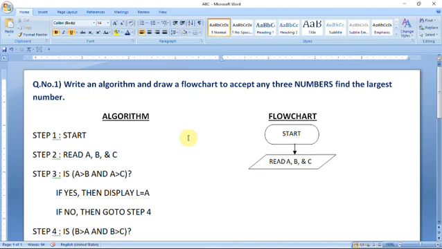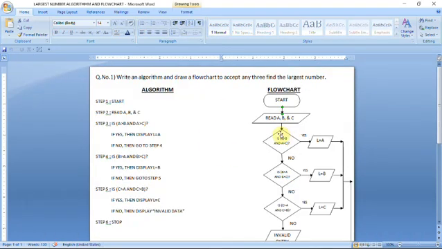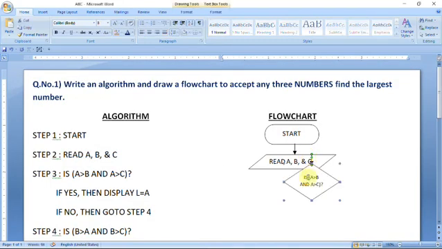So I want to connect the symbols with the help of the arrow symbol. And next, we are going to accept the condition in our flowchart. For accepting the condition, we have to make a decision, we have to use the diamond symbol. So for this you have to paste it, and inside the diamond symbol you have to write the same condition that you have written inside the algorithm. I have written the same condition here, you can see.